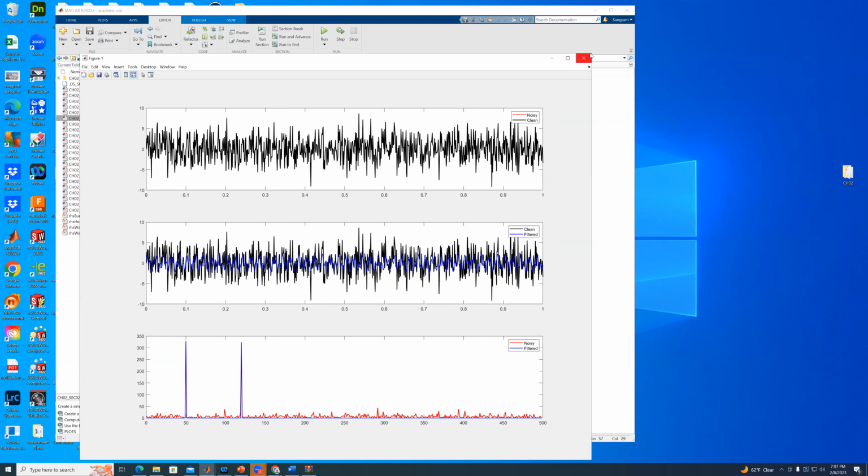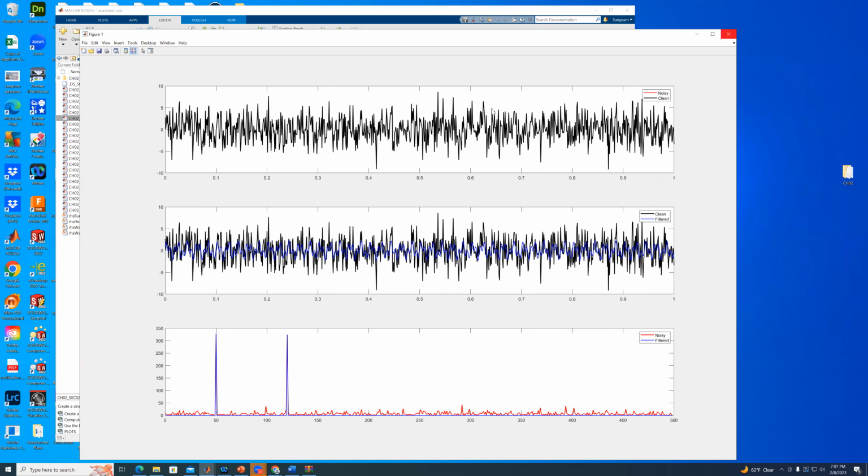Once I do the fast Fourier transform, I get two clear peaks that correspond to the fundamental frequencies of 50 hertz and 120 hertz. But if you look at the noise, that noise is high frequency and it is spread across